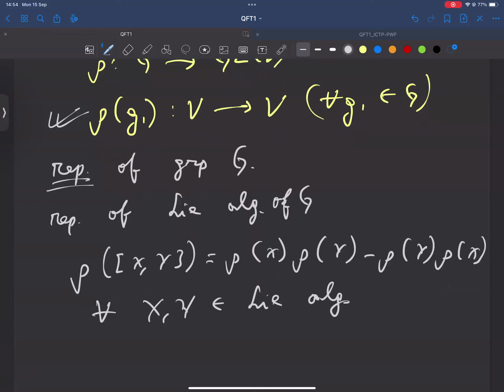Now on top of that, we have Lie algebras, which have a commutator-equipped vector space. So this representation becomes a Lie algebra representation if it further satisfies or obeys this commutator, this preserves this commutator structure or the Lie algebra structure. And this is precisely why